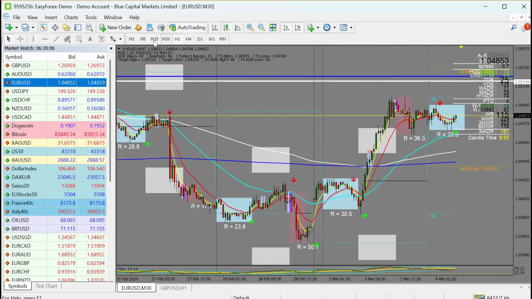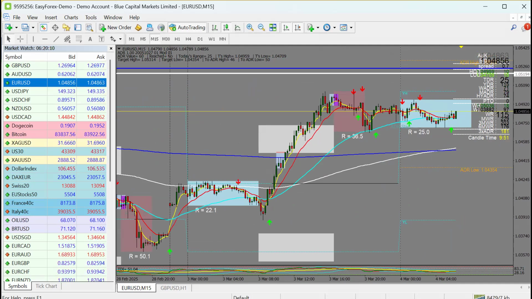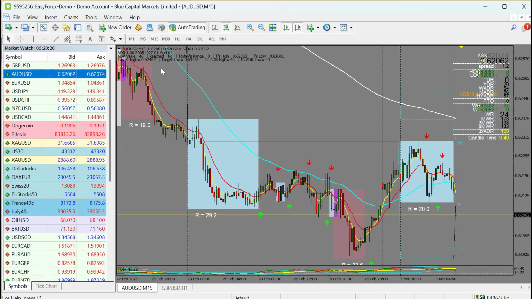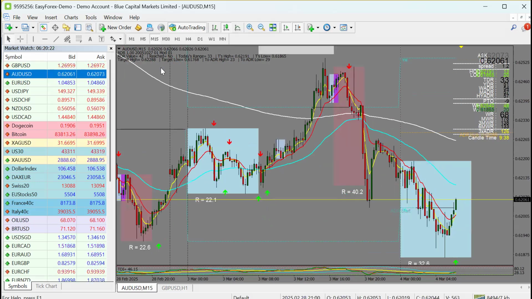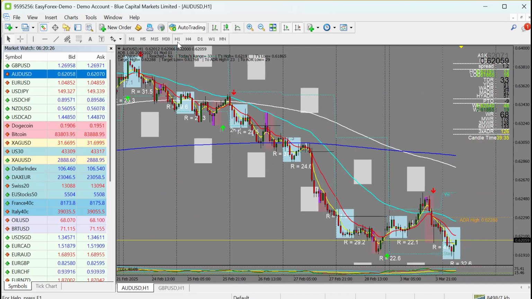But coming to look at the 15 minute, also one of the trades we'll be looking out for is the Asian edge. Out of the Asian edge is where we try to look for the possible setups on EUR USD. Another pair we can check is AUD USD. Talking about AUD USD, you can see we have the correlations.